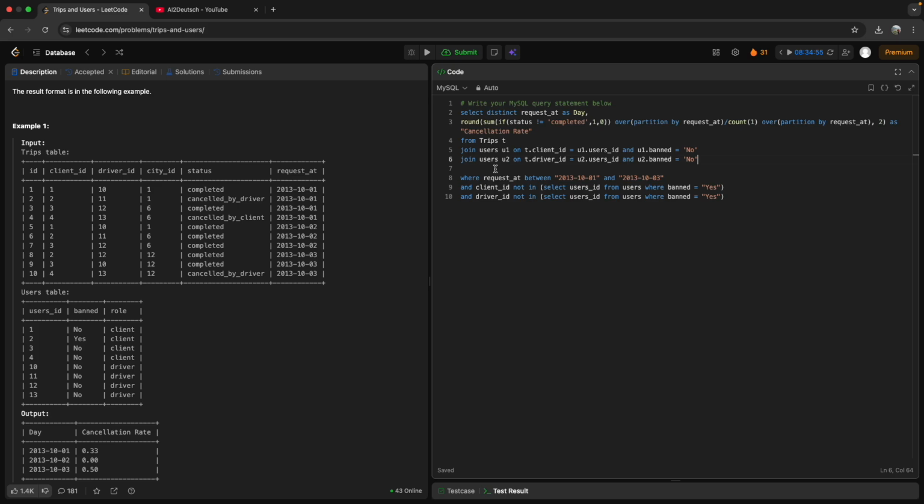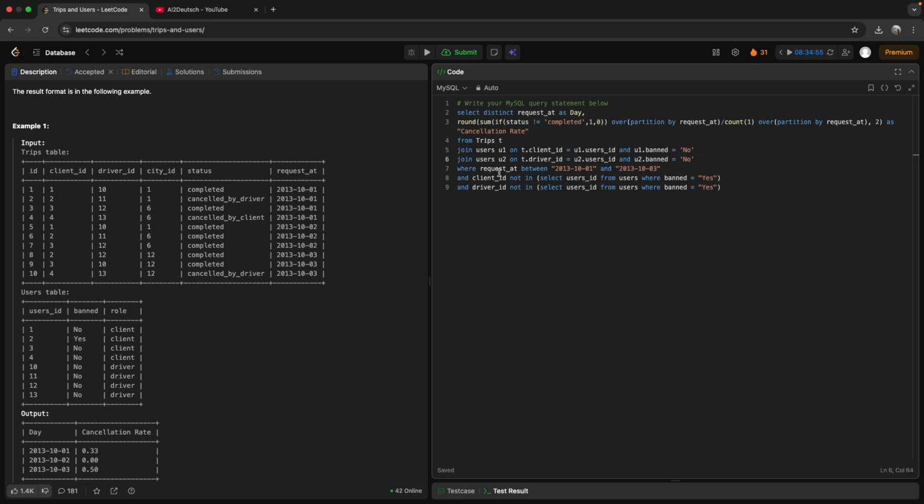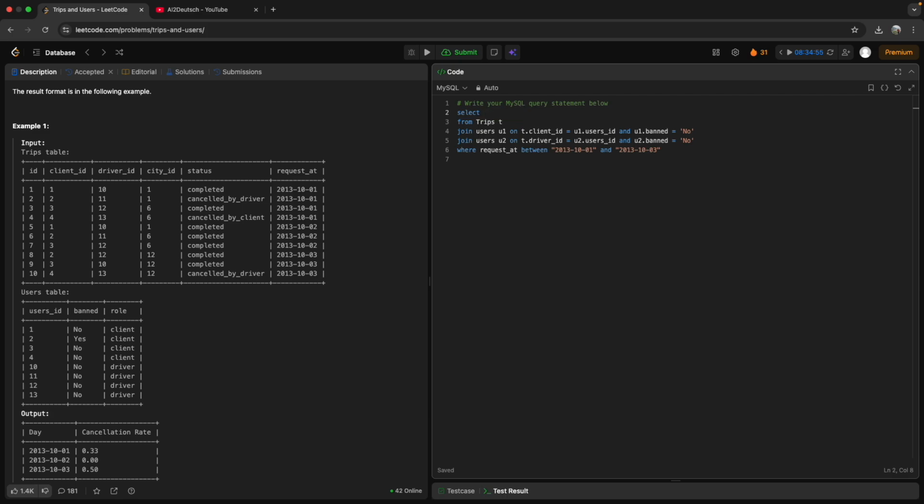Okay, and then we can write where. Because we are doing the join already here, we don't need this, right? Because now this table is already here, where we have already joined the table based on this, so the only where clause we are going to need is this one. Okay, so now we have this request ID here. So let's do a select star first. So if I do a select star,